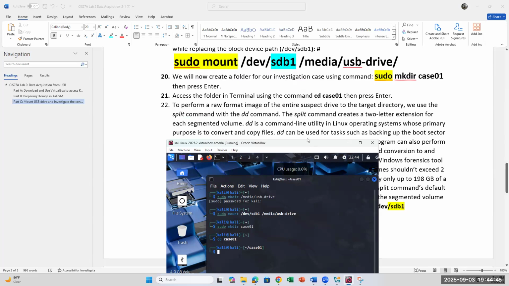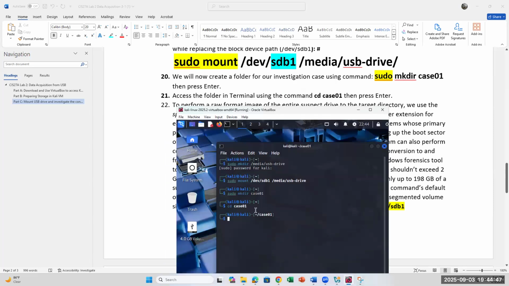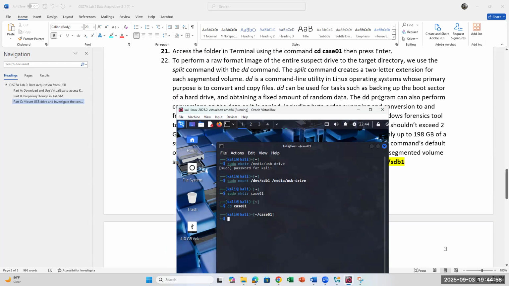So once you do that, you are going to see that case folder in your path like this. It's added. So I'm at step 21. Okay. So before we do 22, read the 22, and it tells you that